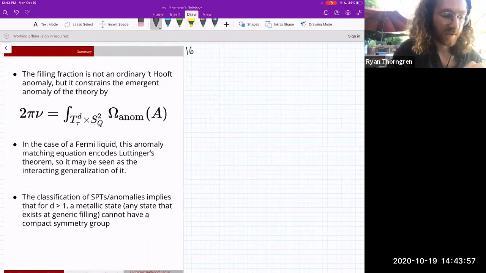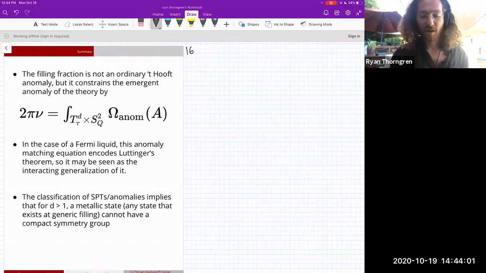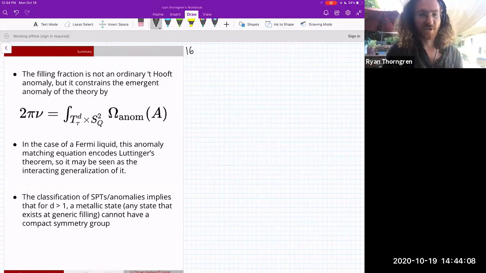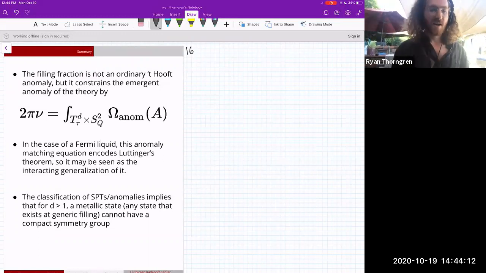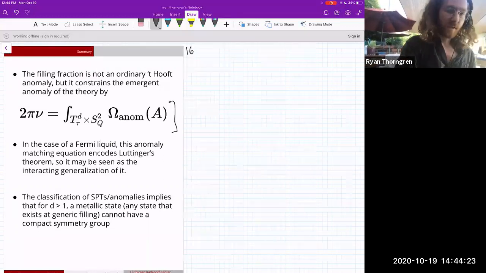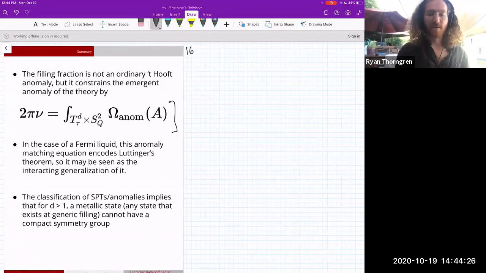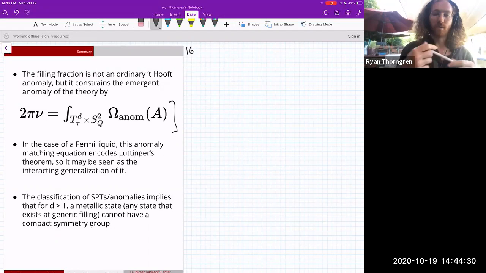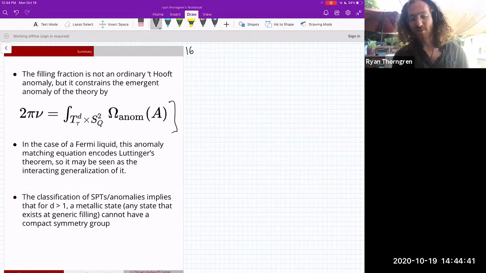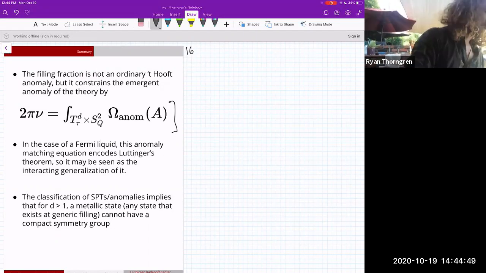So we explore this question in the paper about what we call ersatz Fermi liquids. I told you about the Fermi liquid, how it has this loop group symmetry. In general, you could define an ersatz Fermi liquid as just any system that has a loop group symmetry, or in higher dimensions a more general kind of loop group symmetry that satisfies this anomaly matching equation, and then try to derive physical quantities from it, like quantum oscillations or what happens when you have a boundary and so on. These questions are very interesting. So the anomaly actually does give quite a few constraints